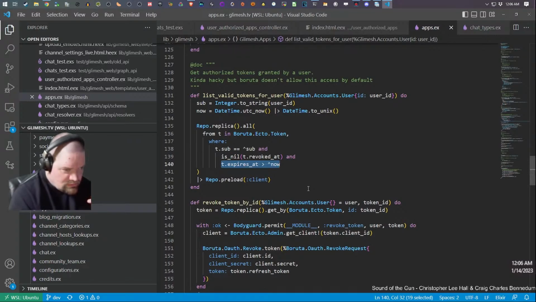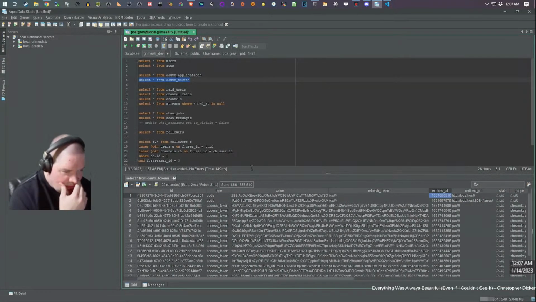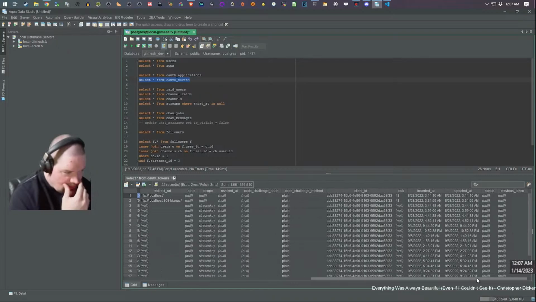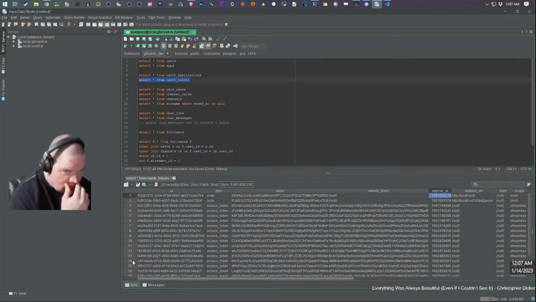That seems to me like that's the only part that... why are we? I guess it makes sense to look at tokens, but repo preload client. Where's the client ID? Client ID.